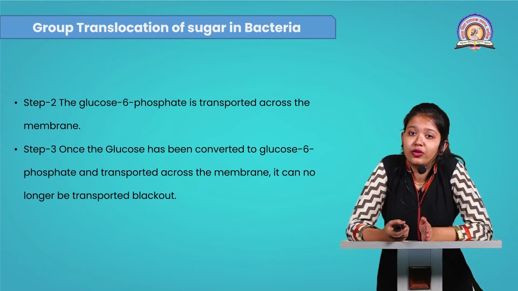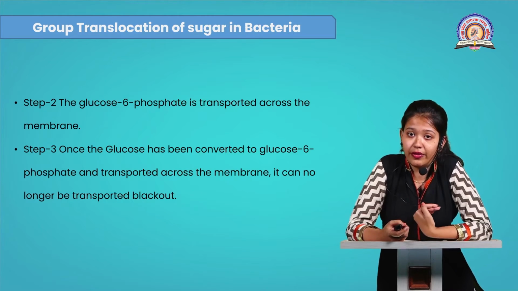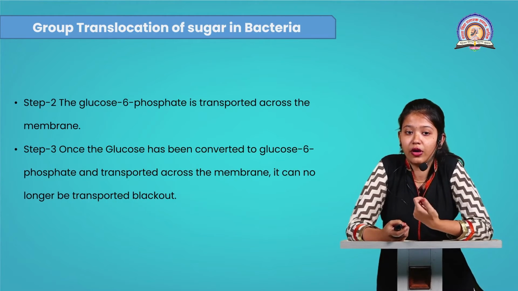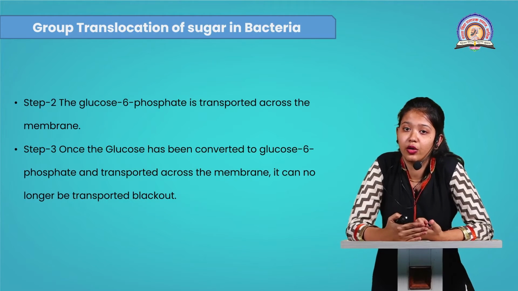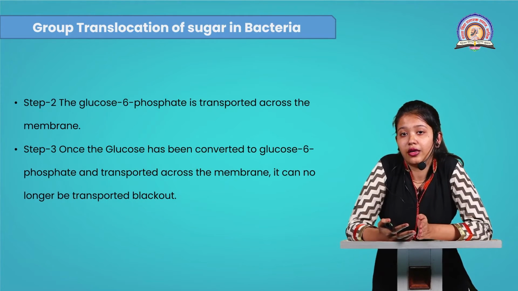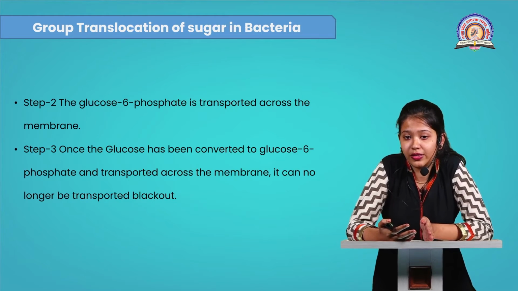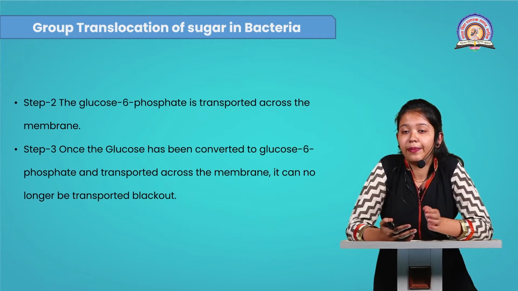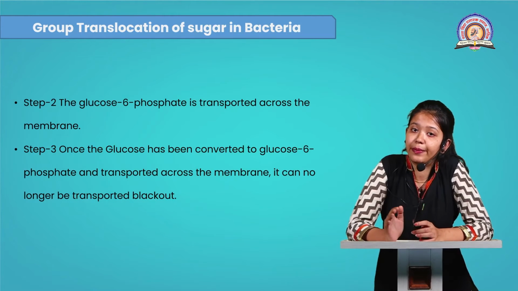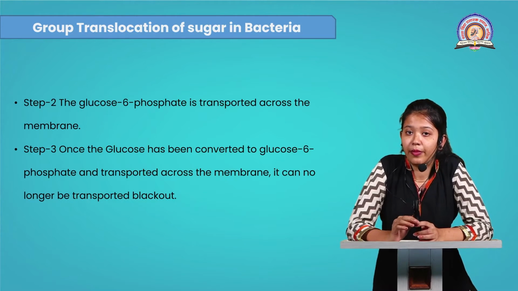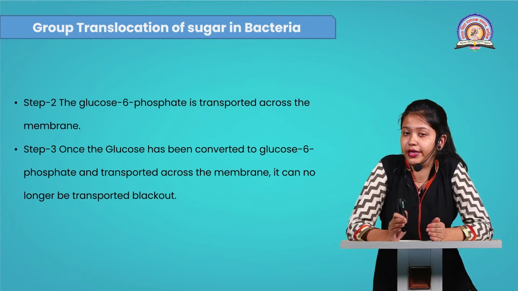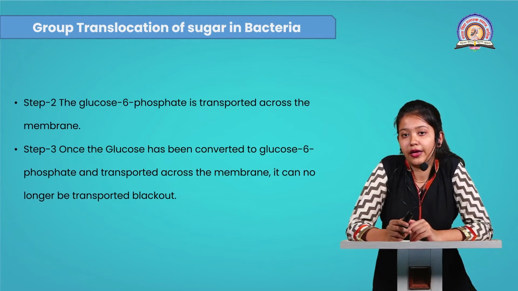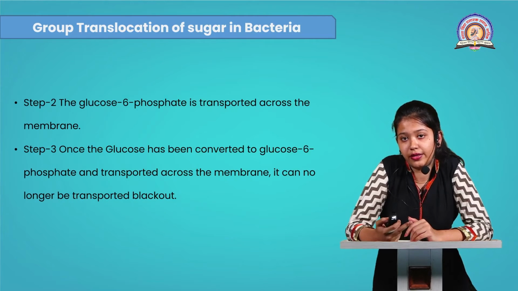Step 2. As soon as the glucose 6 phosphate sugar is transported across the membrane, there is no backup. Means what? Once the glucose has been converted into glucose 6 phosphate, means when it is transported across the membrane, it can no longer go back or outwards. Means the plasma membrane only allows the simple sugar to be transported. As soon as it becomes phosphorylated, the plasma membrane doesn't allow it because the sugar gets a negative charge,